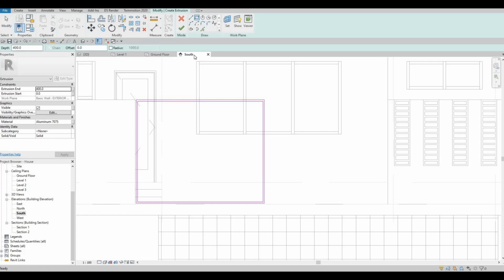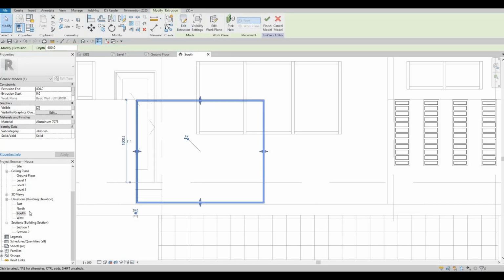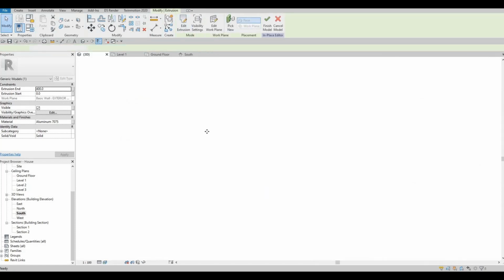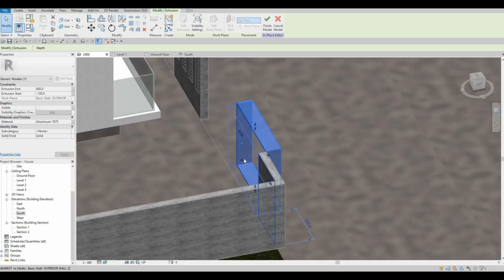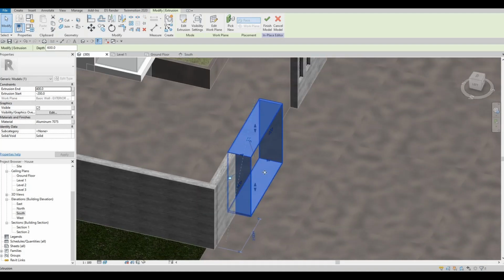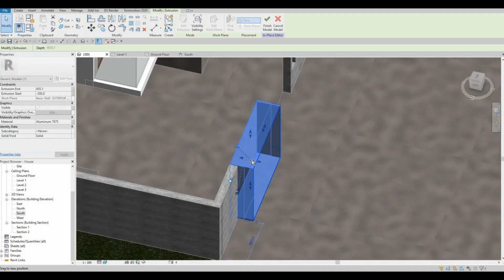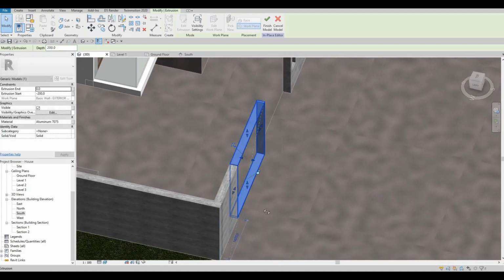So now what I'm gonna do is we're going to create this. So we created this, we need to go to 3D in order for us to push it back and to be the same as what we have there,